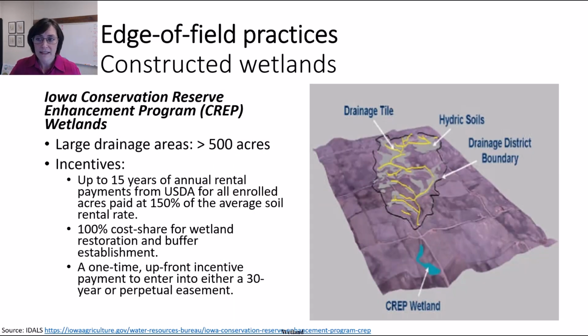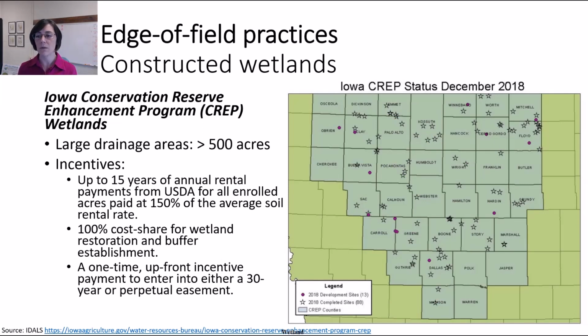The state of Iowa, though, has had particular success with a very large wetland program where they aim to treat drainage from at least 500 acres. So we're talking about drainage areas of 1,000, 1,500, 2,000 acres. These are not field scale wetlands, but rather more drainage district scale wetlands. This is an attempt to really scale the practice of wetlands and efficiently target wetland placement to provide the maximum benefit. And this is, like I said, one of the most effective wetland programs I know of because the financial incentives are right. And the practice is scaled to provide a large benefit.